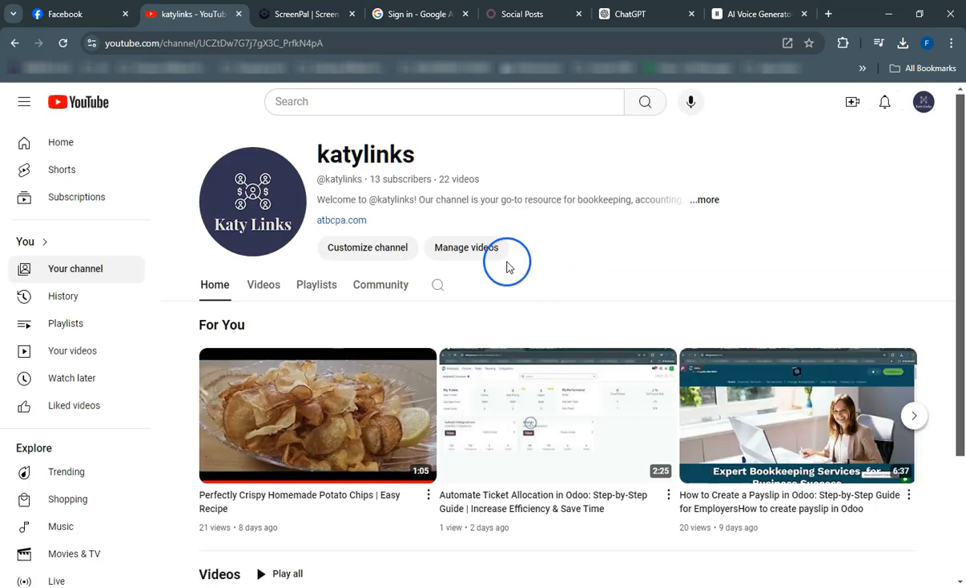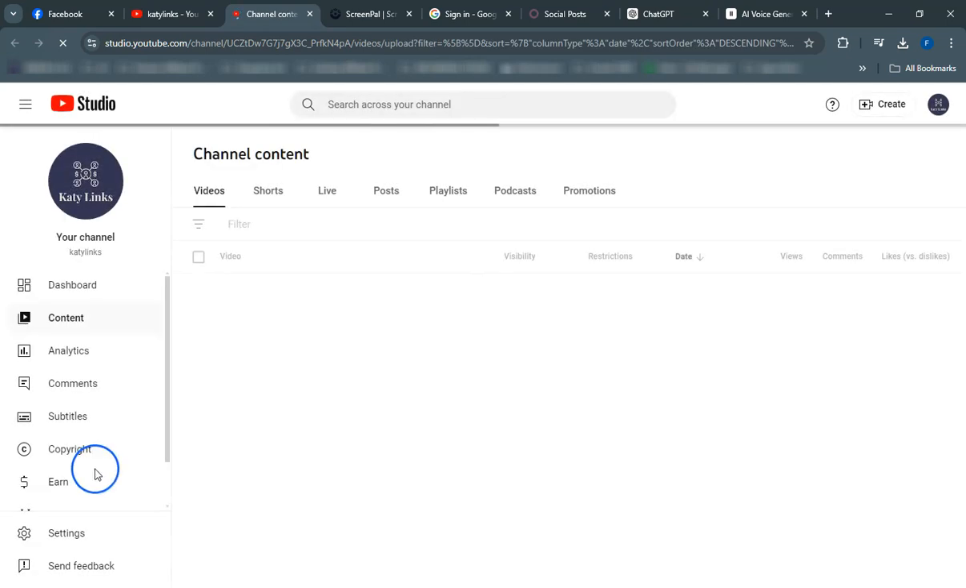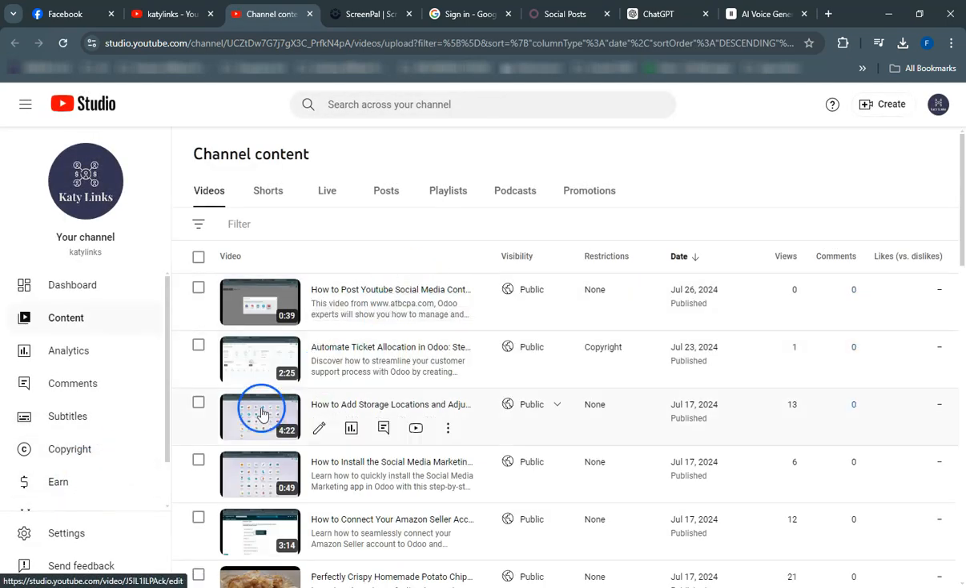You can view your video, edit the title and description if needed, and manage other settings directly on YouTube. That's it! You've successfully posted a video